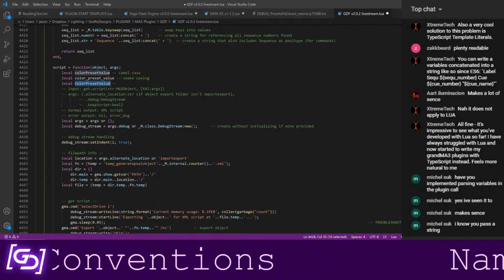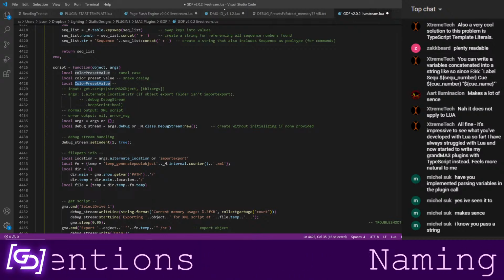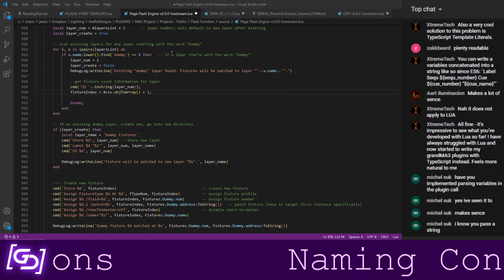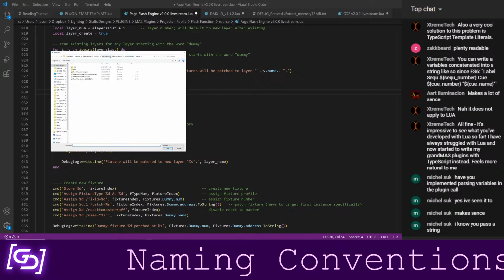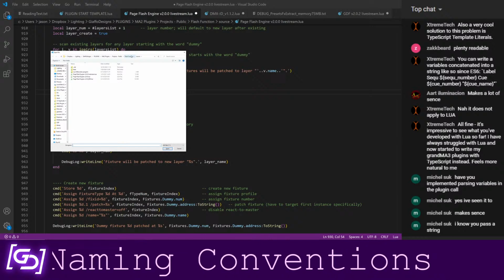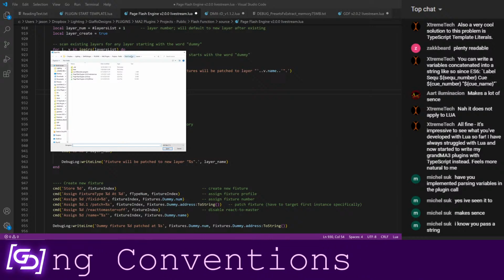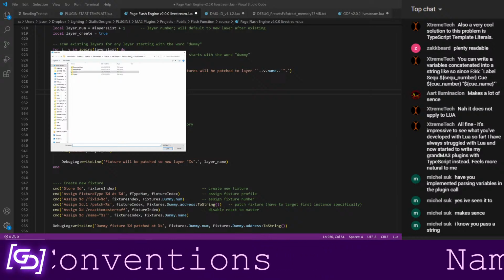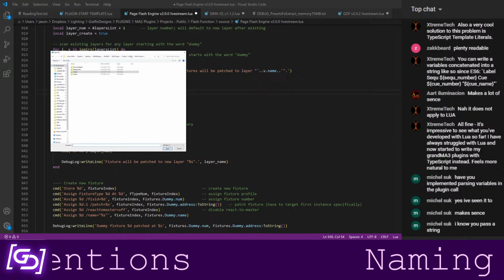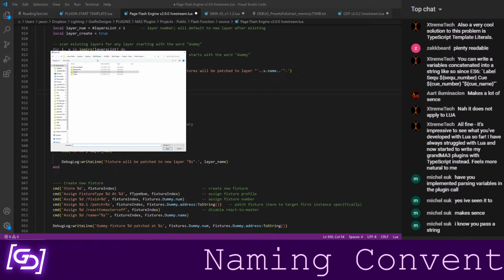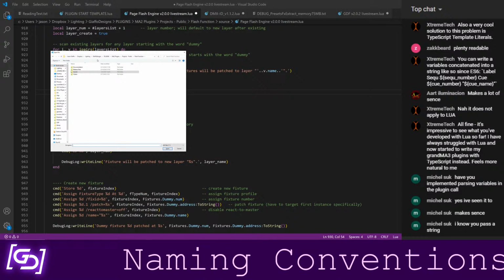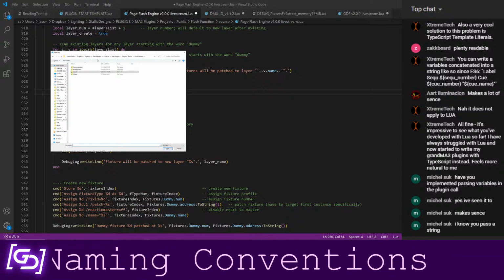I've had a little bit of complications in trying to do this with some of my own plugins, just when I've been trying to kind of create my own naming conventions. Kind of the takeaway of this is if you go work in another programming language where there is a more established set of naming conventions, it will be much easier for you to keep track of, for you to figure out what to do with naming things when you come back to working in Lua.